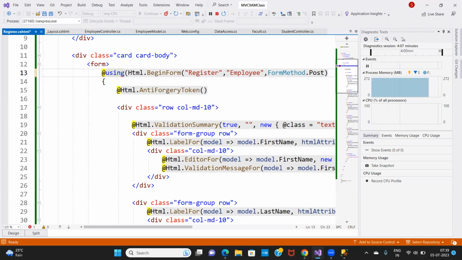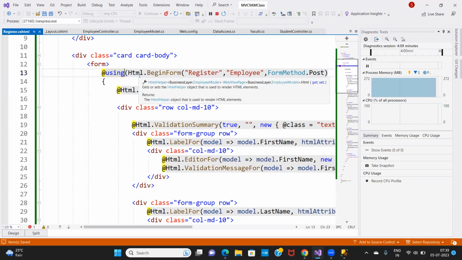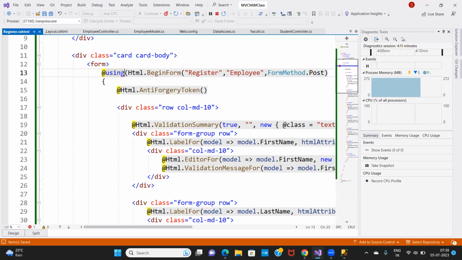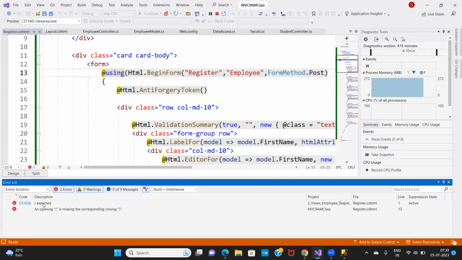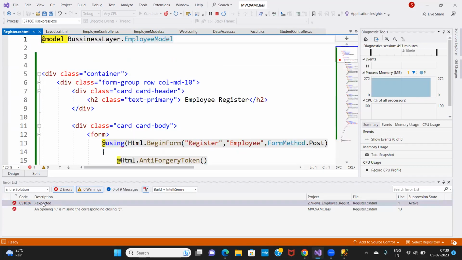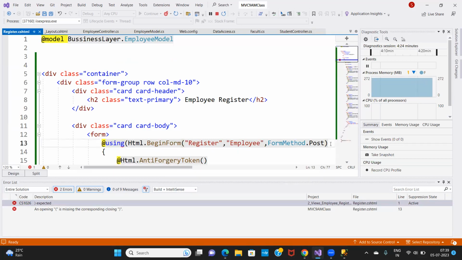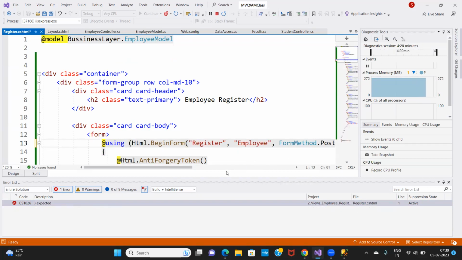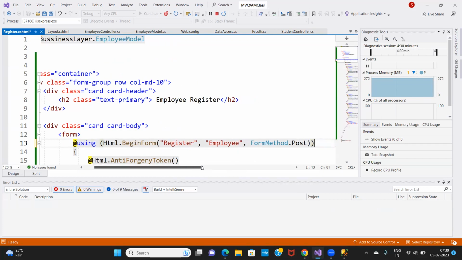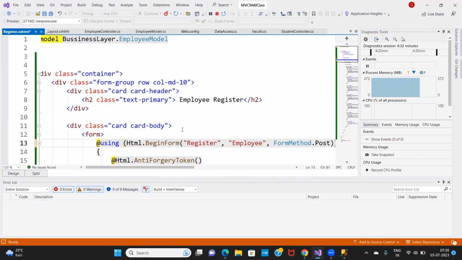So I am getting this issue. Expected. Okay. Save this one